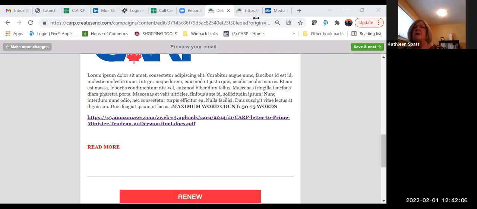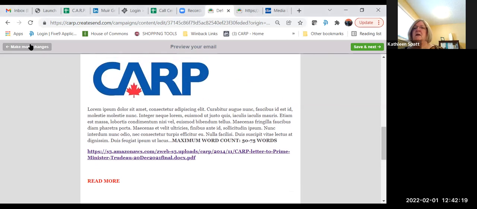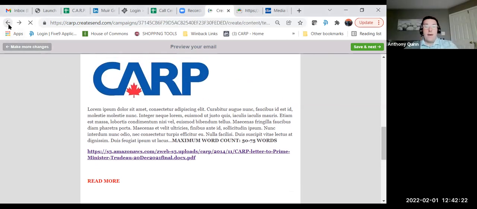If we're creating our text in a Word document, can we just copy and paste from our text document into the newsletter here for any of our text? It's actually recommended to do that because